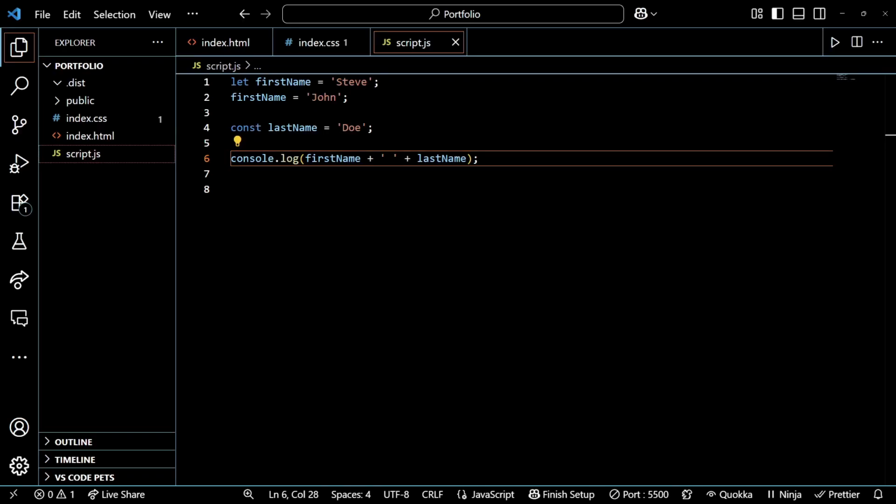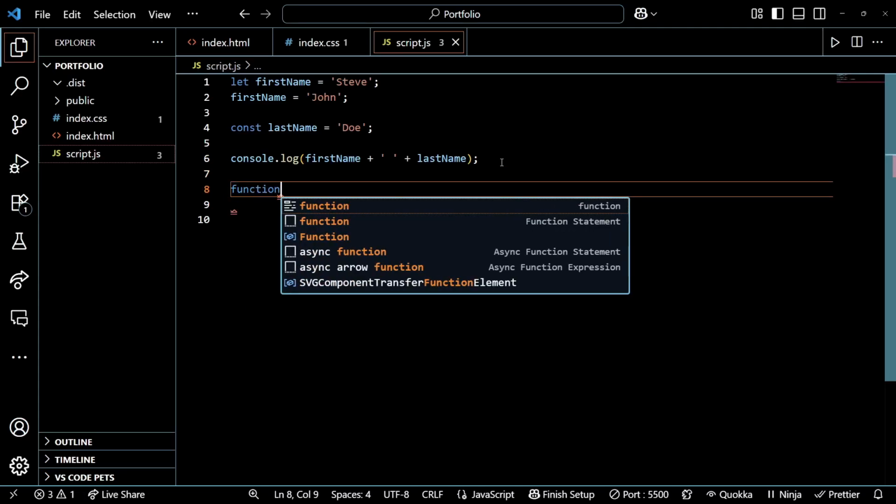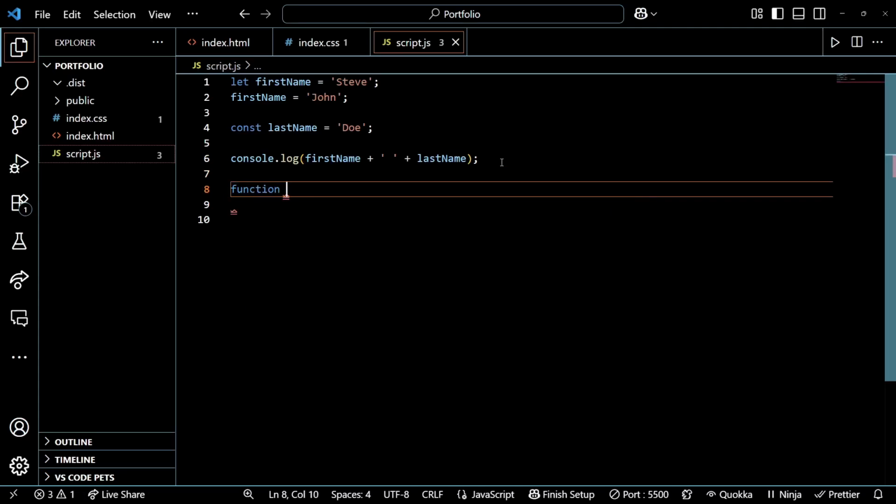Functions are reusable blocks of code that can be used to execute a specified task. They increase readability of the code while being modular and reusable. Let's create a simple function to log our name. First, type out the function keyword. Then name your function. We'll use printName. Then add brackets or parentheses